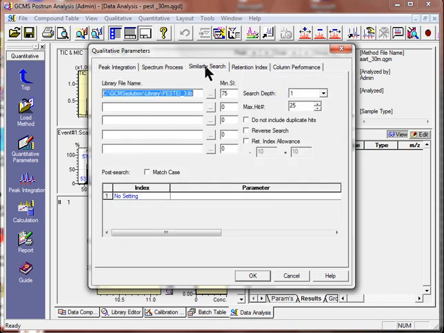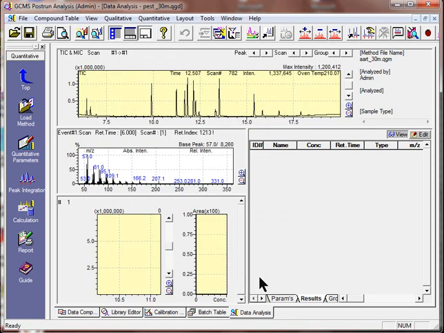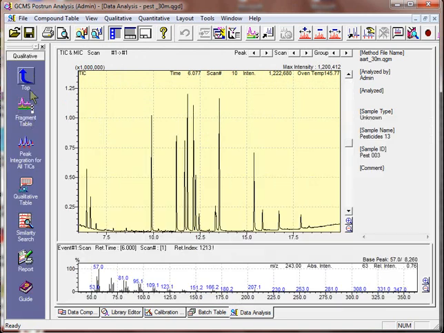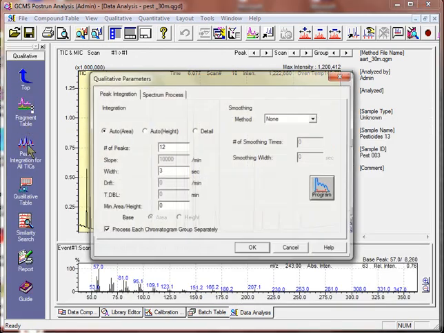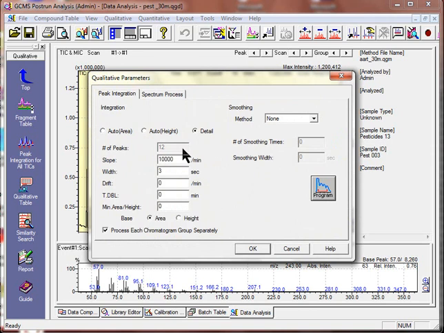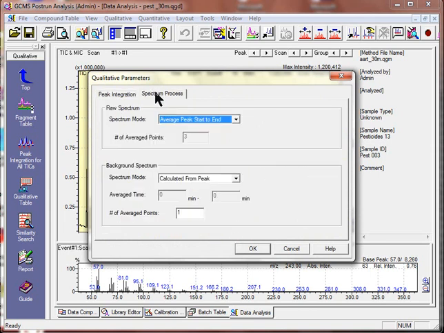The second thing is we define similarity search. We define a minimum similarity, and first I would like to make a standard identification without linear retention index, so we press OK. We go for qualitative analysis. We do peak integration for all TICs. We define slope, and we do integration, average from start to end, calculate from peak. We do averaging too,